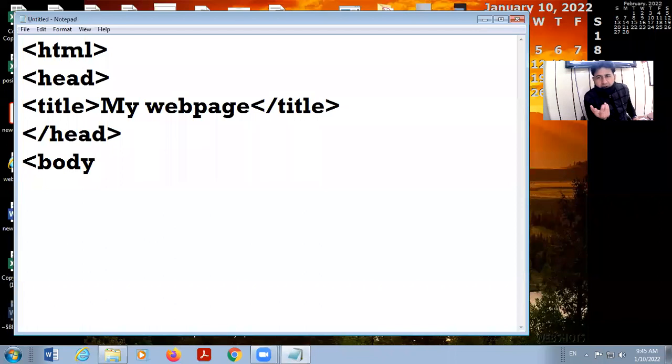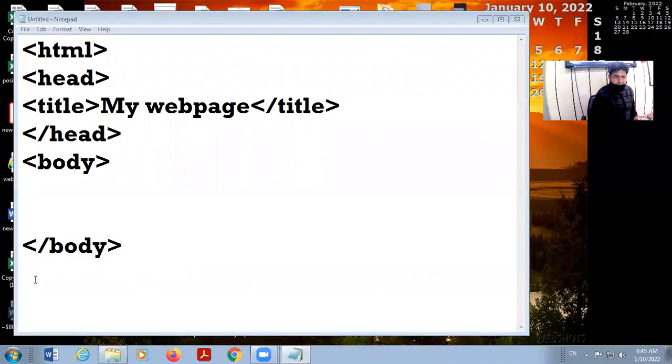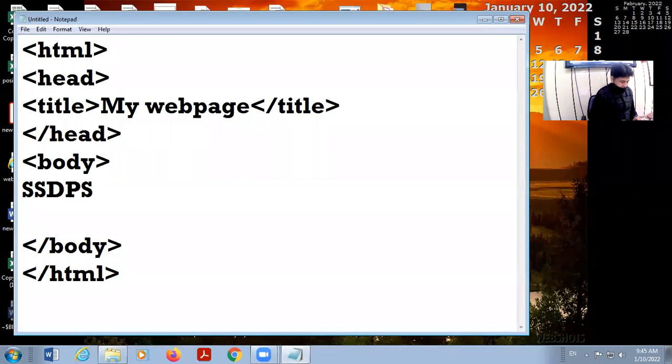There are two sections of an HTML document: head and body. And inside the body tag, I am giving here SS DPS Jalandhar, and I want to move it.